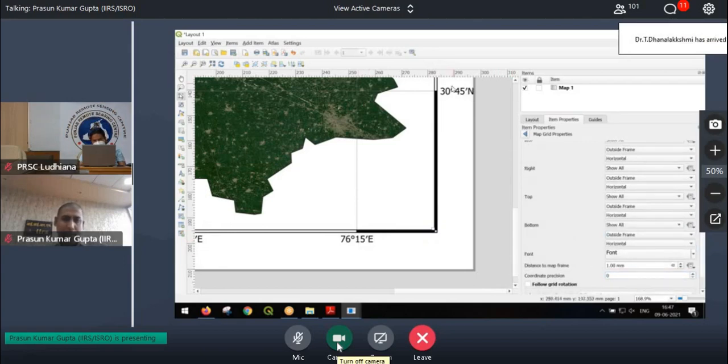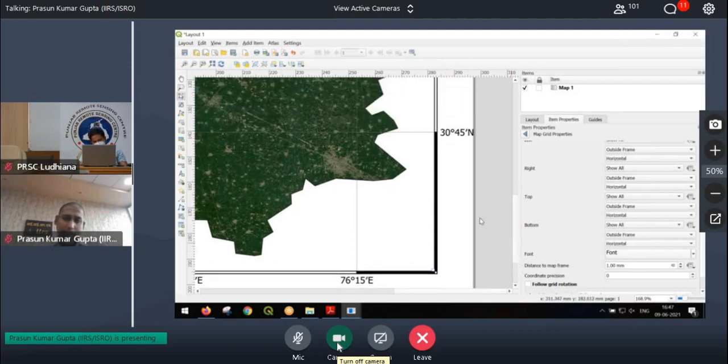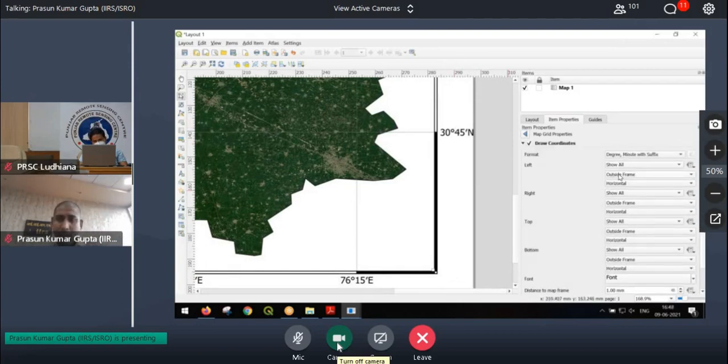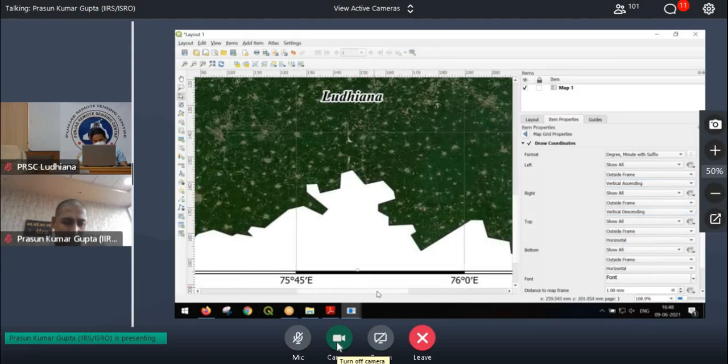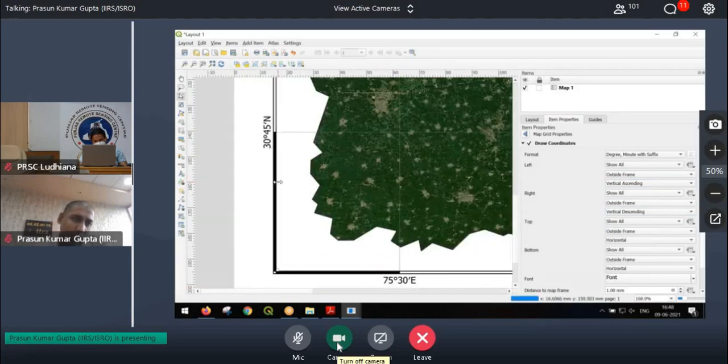75 degrees, 15 minutes east. 30 degrees, 45 minutes north. I want these on the left and right edges to be vertical rather than horizontal. So all that. So there are several thousands of options. Left is ascending, right is descending. So now I have my coordinates, which look like this.